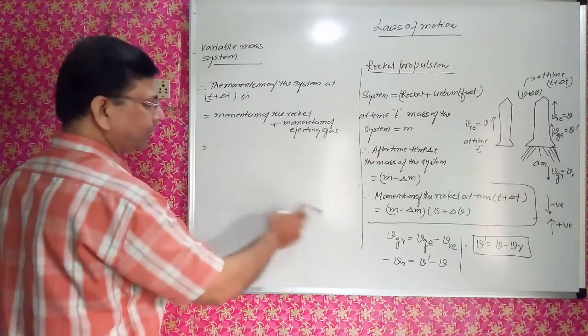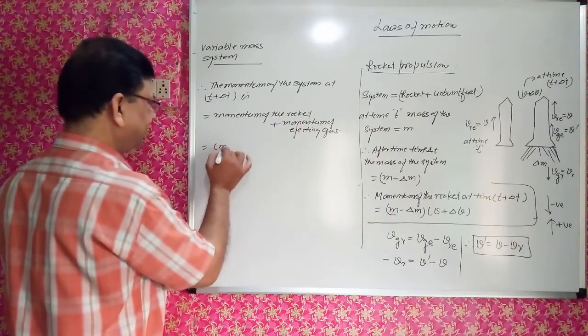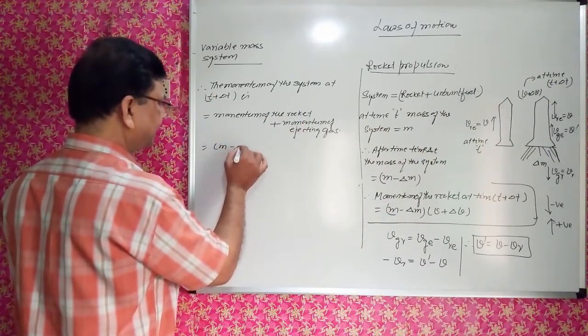So momentum of the rocket is this much, that is m minus delta m